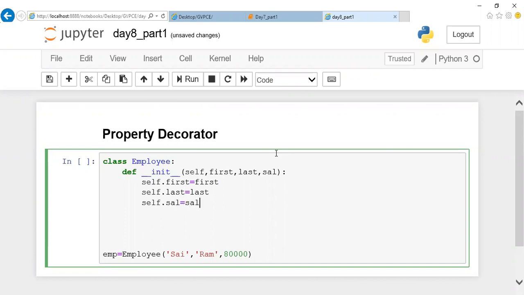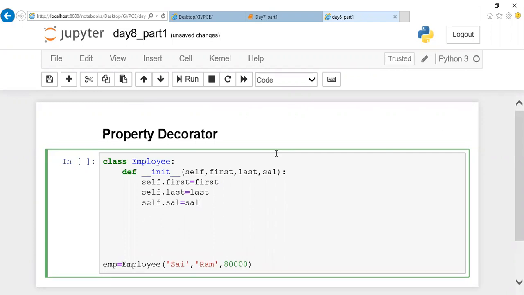These are the instance variables I'm initializing here. Now if I want to form an email ID based on this, I can form it: self.email equals self.first plus a dot, followed by self.last, plus @email.com.